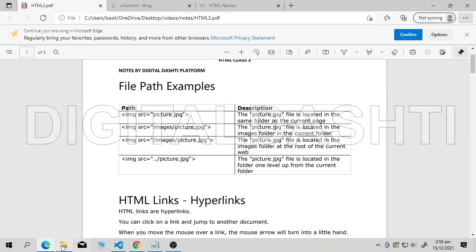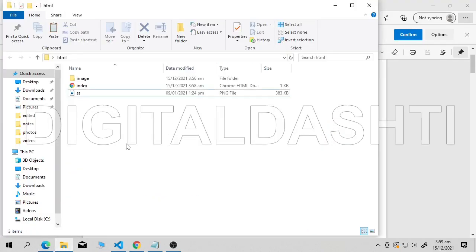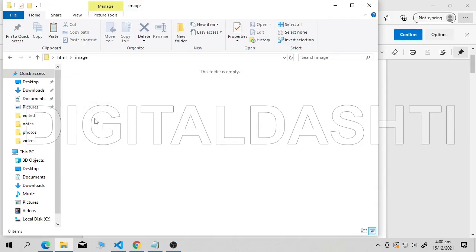I will show you practically. It's simply saying, what if our website code is in a different folder, inside some folders? What if this index page is not here, it is inside the image folder, and here is another folder, and this index page is inside that folder.